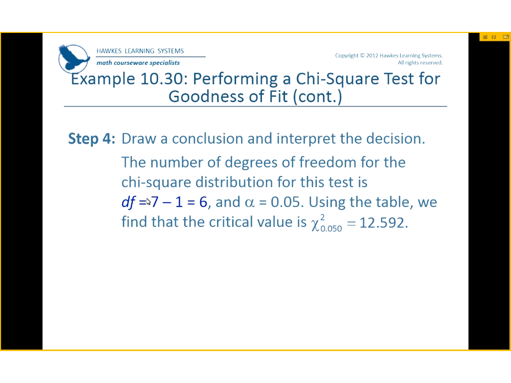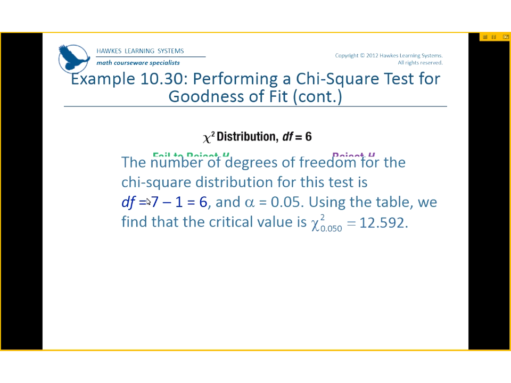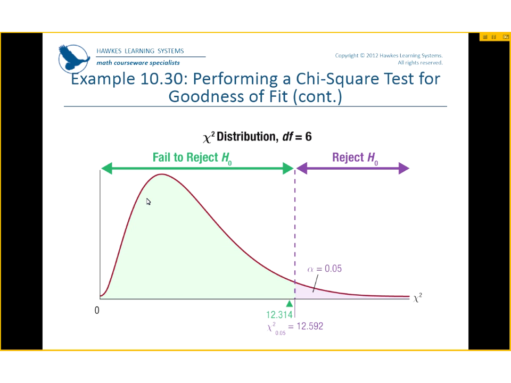So using the table in the back of your book, it's called the critical value of chi-squared. You're going to go look up the value. If you go in the book and look up the 0.050, and then go down to number 6, you're going to see 12.592. This table is also found in the back cover of your book. So we can use this for rejection rules.